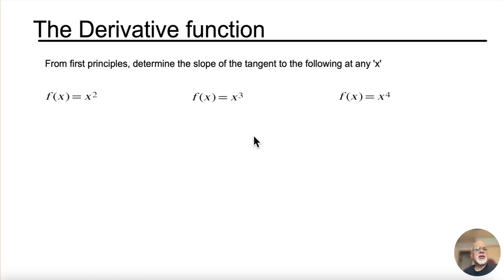In the last lesson, I promised you that I'll show you a faster way of calculating the slope of the tangent at any point. Doing it from first principles is tedious, especially if the functions get more complicated. I just want to quickly review how to do it from first principles with these three functions to see if you notice a pattern. If we do it for x squared, the slope of the tangent,